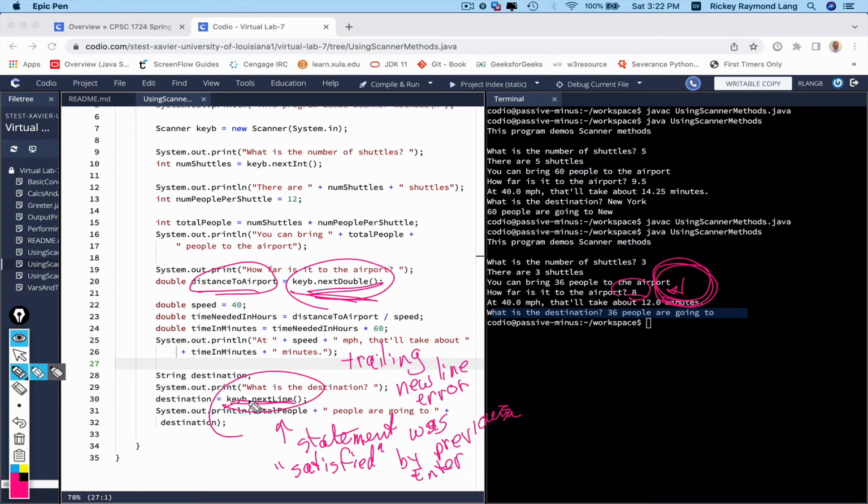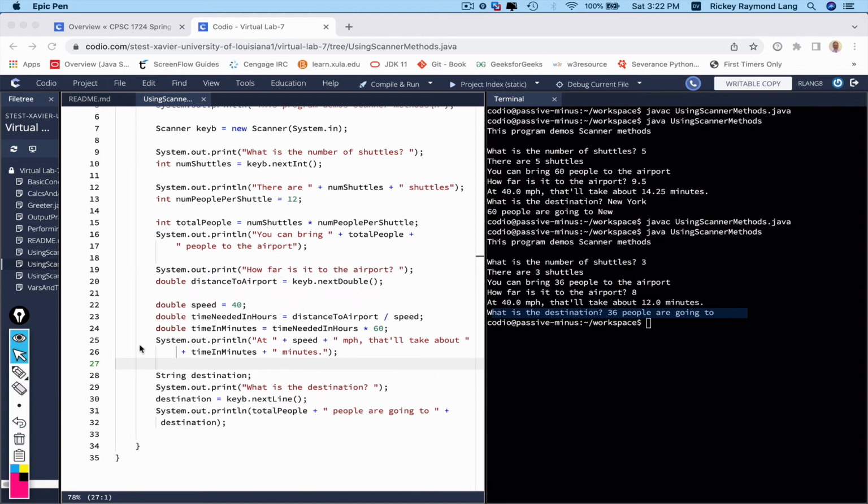It's actually not skipping it. It's just blasting through, right, and satisfied with the enter from the previous line. So when that happens, and that'll only happen when you're mixing different kinds of inputs. So when you're going from next double or next int or even just next, a plain old next, when you use then a next line after one of those, you have to clear the previous line ending. So what you need is just a